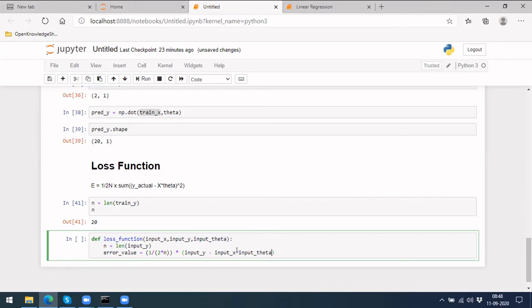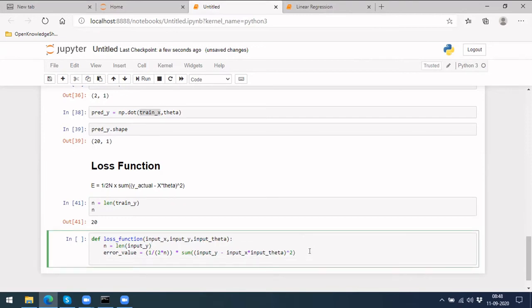And for this we need square. Let's also implement the sum, maybe we have to do np dot sum. Let's see how it will be. Okay, so this is how your error value will be.